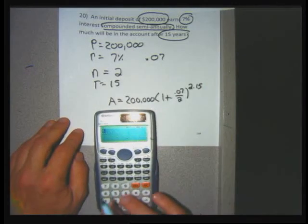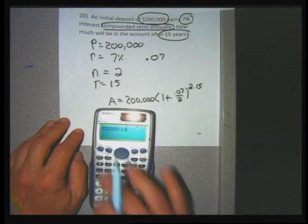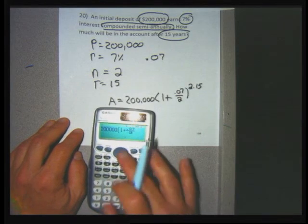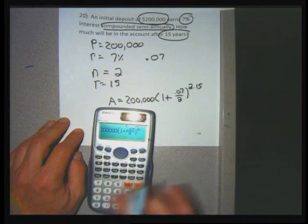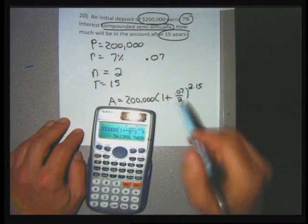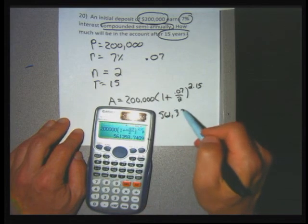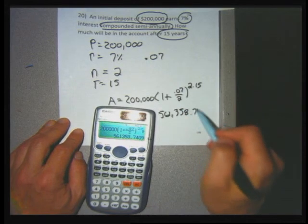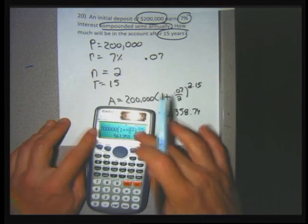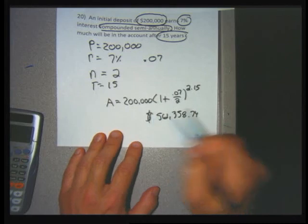So 200,000 times 1 plus fraction 0.07 over 2, parentheses, exponent 2 times 15 power, and whoa, $561,358, and I'm going to write 74 cents because, again, after the 4 there isn't a number that wants me to round up. So my answer to problem 20 is going to be